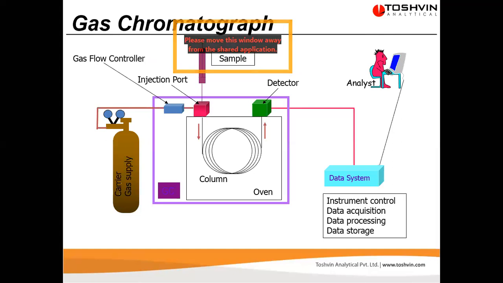This is a simple flow diagram of GC. As the name suggests, gas chromatograph. So the most important thing we require is a gas. We have a gas which acts as a carrier gas. This is a carrier gas. So the cylinder is connected to an instrument, but you must have noticed that the cylinder is never directly connected to our instrument. In between there are a few things.